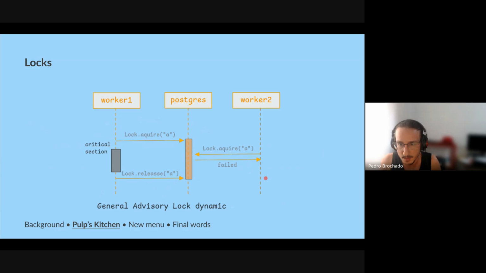Locks. So this is a simple mutex supported by Postgres. In general, before a worker starts doing some work, it will try to acquire the lock for it. Then after doing the work, it will release it. Locks are not only used for tasks.